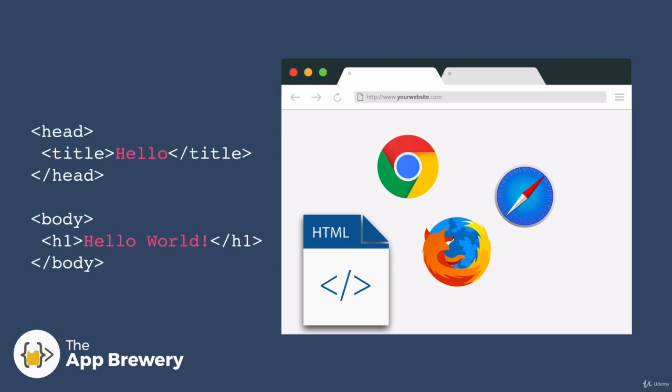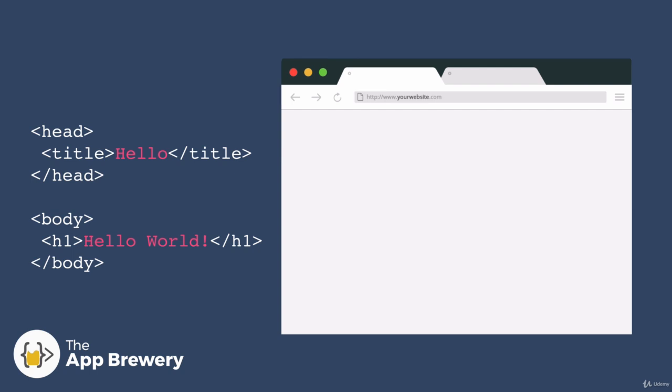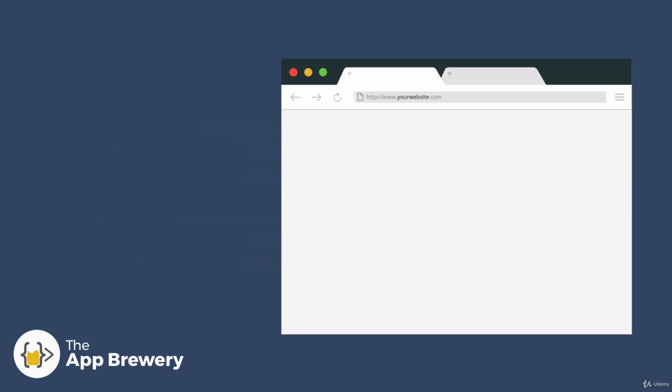So, for example, we've got a little bit of HTML code here that says that our website should have a title called Hello, and in the body, there should be a heading that says Hello World. So if we pass that code into our browser, it will open it and display it like so, with the title of the website usually on the tab bar, and that H1 or that big heading showing up in the